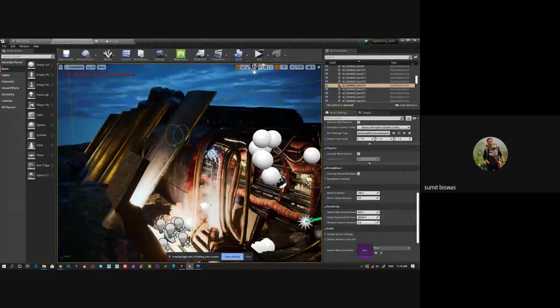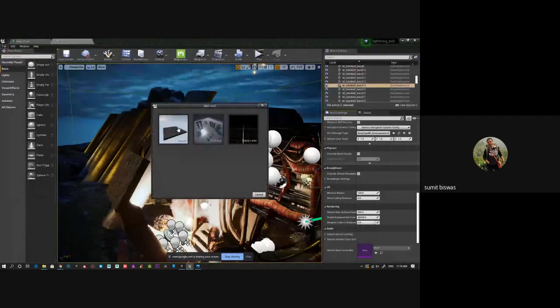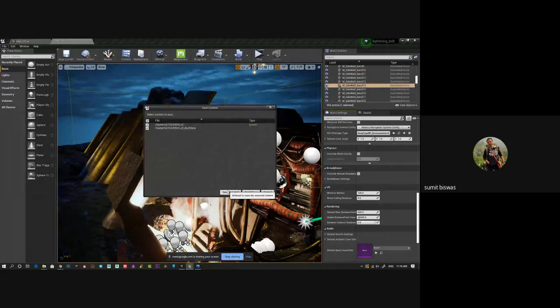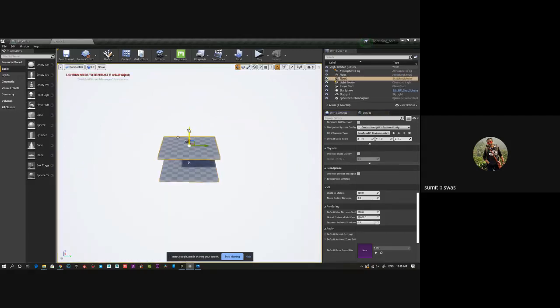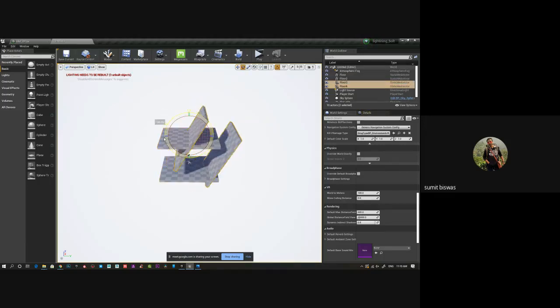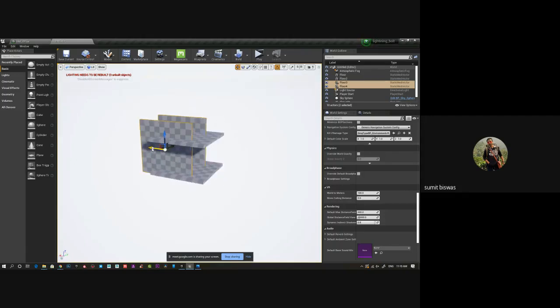So there's an easy way. I recently figured it out. What we can do, let's take a new scene, because this will otherwise take 100 hours to bake. Yes, sir. So let's see. I just create something very simple. Let's create something like a room.